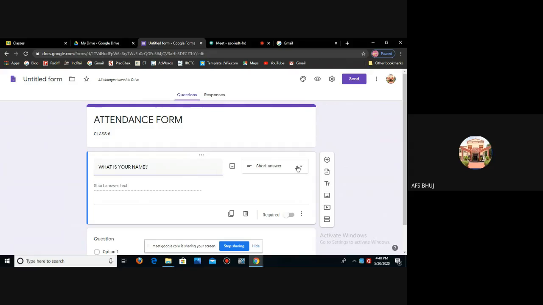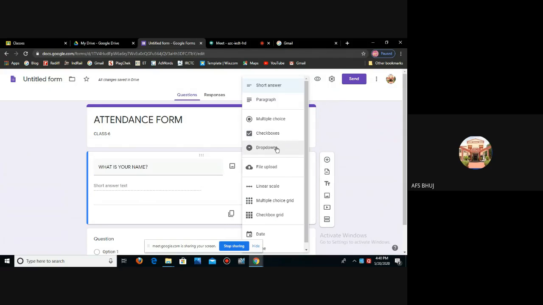So different types of answers like multiple choice, check boxes, drop down, paragraph, short answer, different answers are there. So based on your question, which type of answer you're expecting from the children, the type of option you have to choose here. Now I'm choosing short answer.